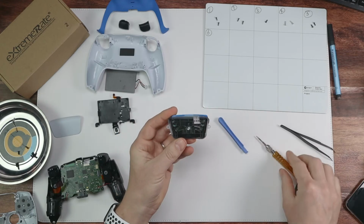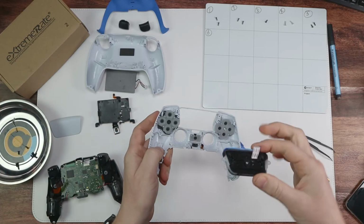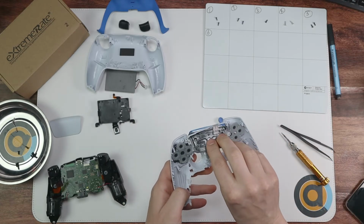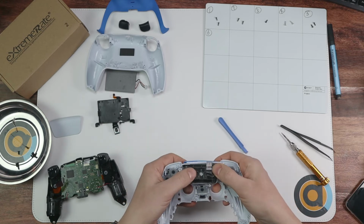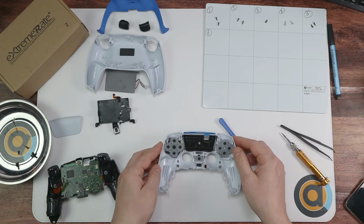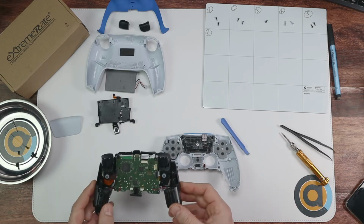Okay, there we have it. Now what we're going to do is get this shell back in here, reversing the process of putting it in that way and scooping it round. So put it in the top first and then fold it down and get it flush on there. And then we're going to put this bit back onto here